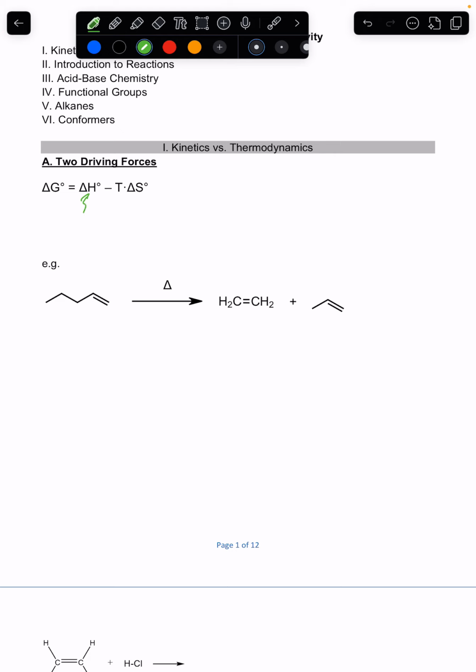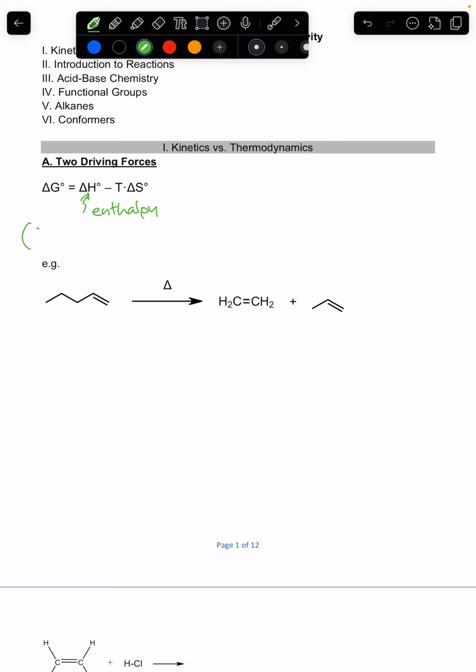Delta H, remember, that is the enthalpy factor. And in chemistry, the easiest way to think about it is that this is about the bond energy, because in any given chemical reaction, you break some bonds and you form some bonds. That's really all that a chemical reaction is. So, was the bond broken worth the bond formed? That's basically the transactional idea we're thinking about here.